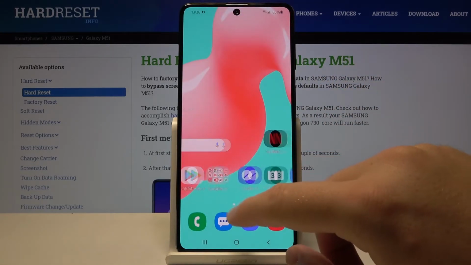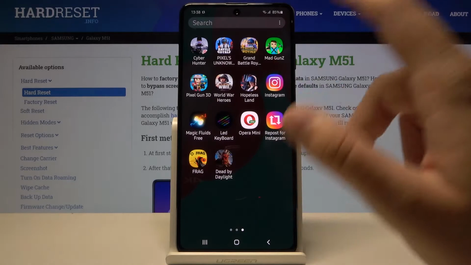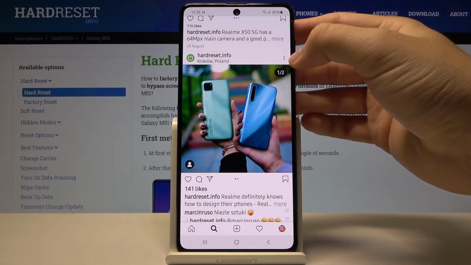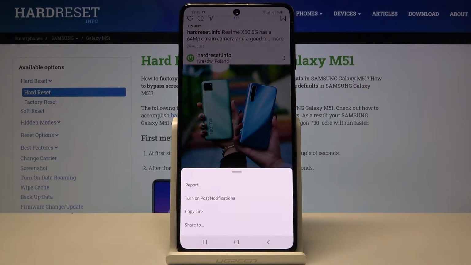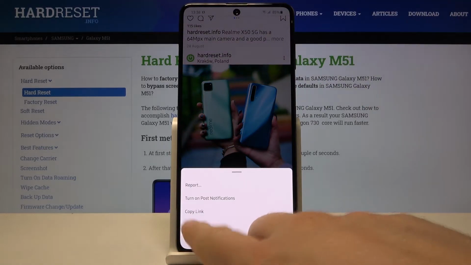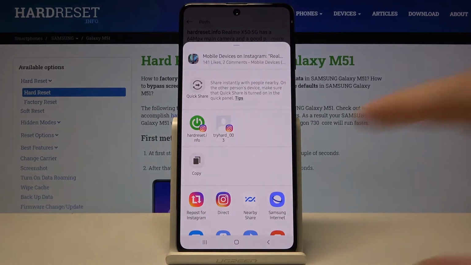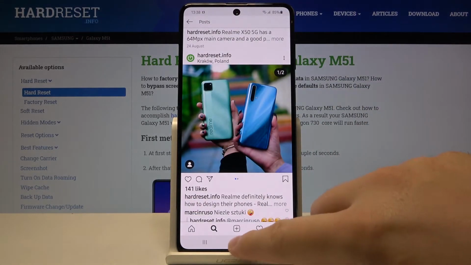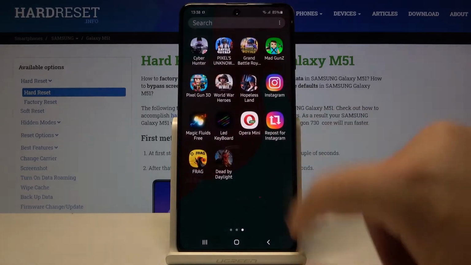So let's start by entering Instagram, and I'm going to take this second option by clicking on the 3 dots in the right upper corner. Then we have to click share and pick the Repost for Instagram application. After that we have to go back to the app,